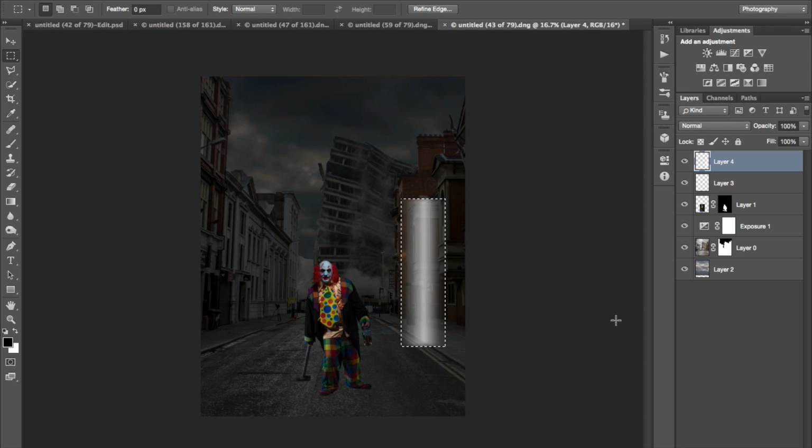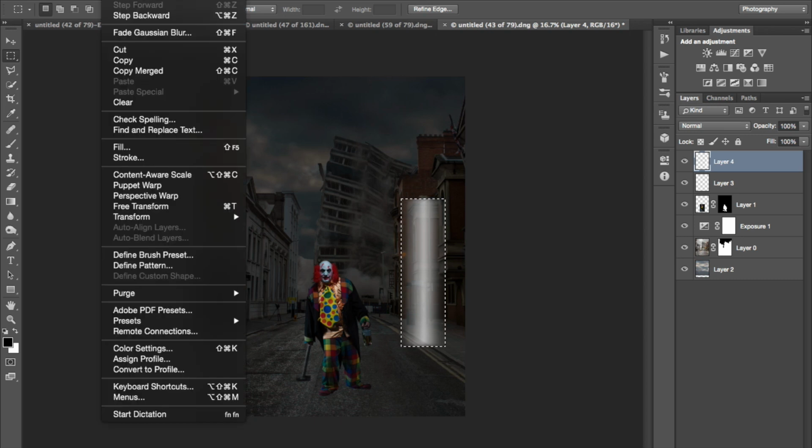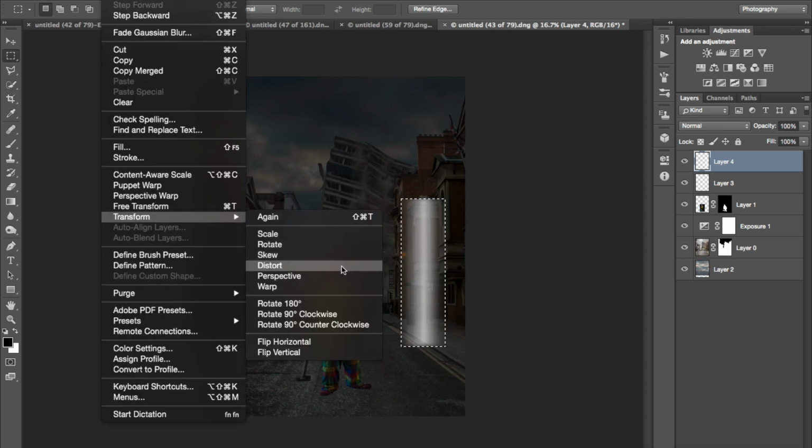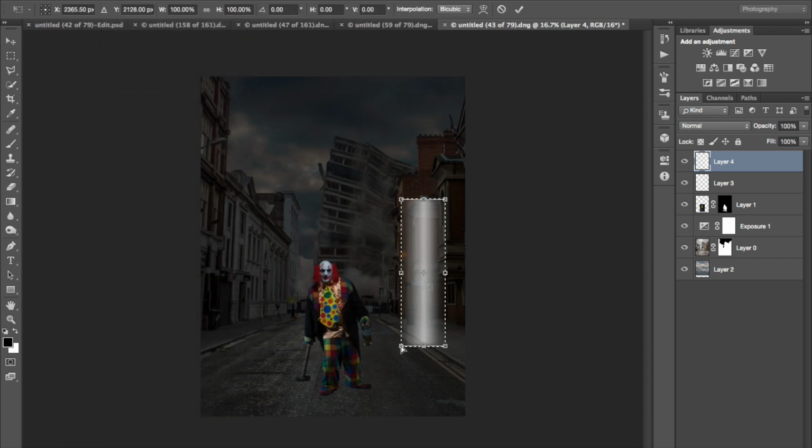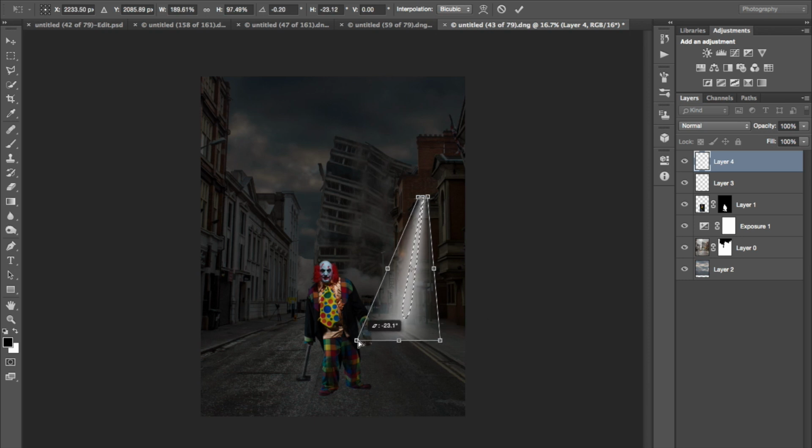Right, it's not directional, so we need to change that, and the way we're going to change that is we're going to go to edit, transform, and then distort, and now we can adjust this light to how we believe it would come out of the lamp that's up here, and that's fairly close. I was thinking it'd be a little bit higher up there, but I think that's fairly close. So I'm going to press OK. Let me just deselect the shape. Right,